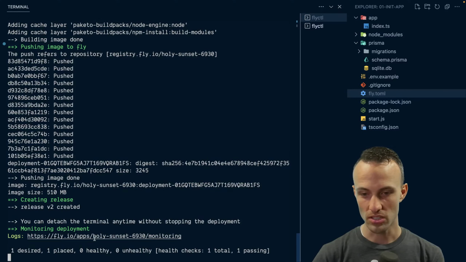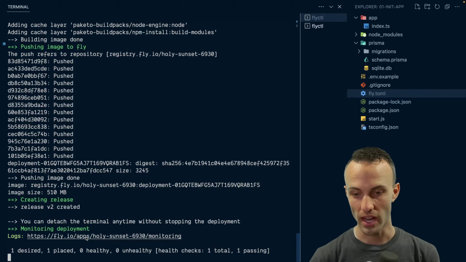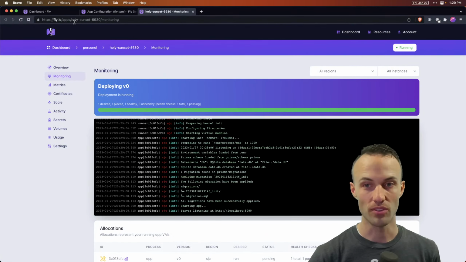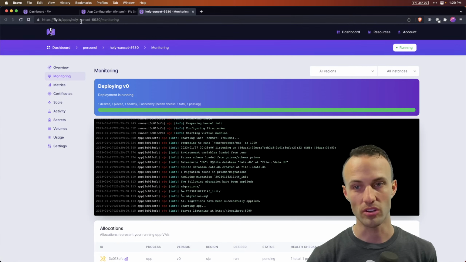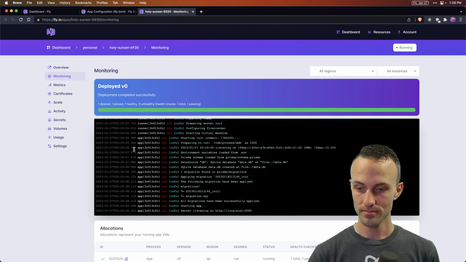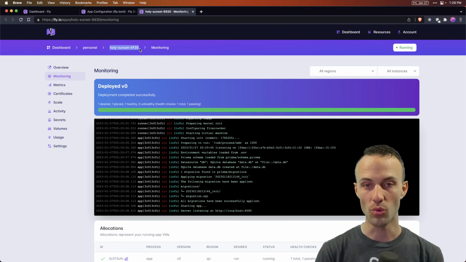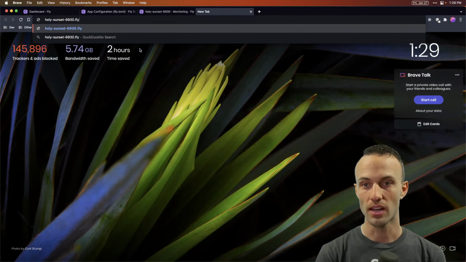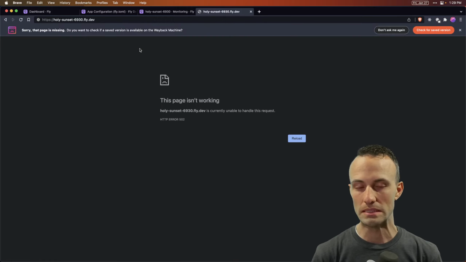But there's one thing I wanted to show here really quick: we can also access the logs on the Fly website as well. So you go to your dashboard, you click on your app, and you go to monitoring, and now we can see the logs right here. Now, where our app is currently hosted, the URL is going to match our app name and then .fly.dev. And so,